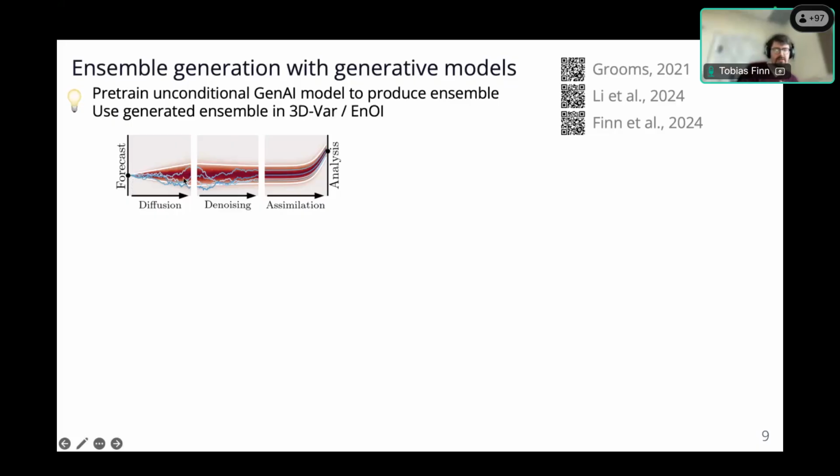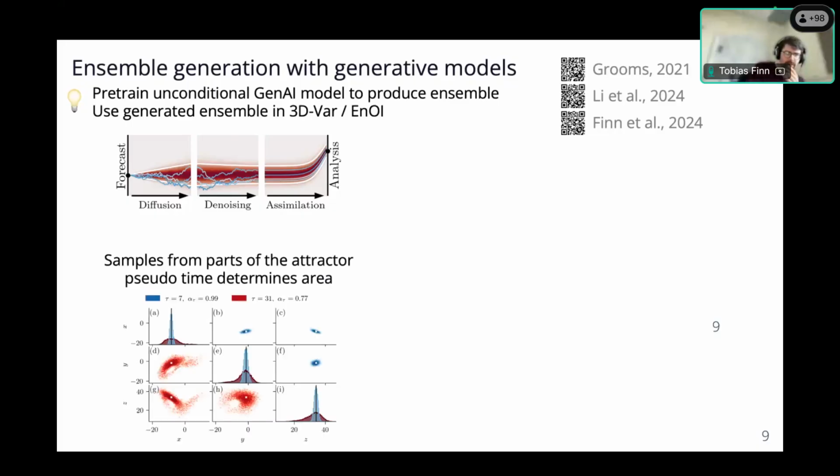We then partially diffused this forecast, so we partially added noise to our data, and then we applied our pre-trained neural network to denoise to get basically fields in state space. And then we did this, let's say, 50 times to get an ensemble of 50 members, and then we used these 50 members in an ensemble Kalman filter. So basically, this is an ensemble optimal interpolation scheme.